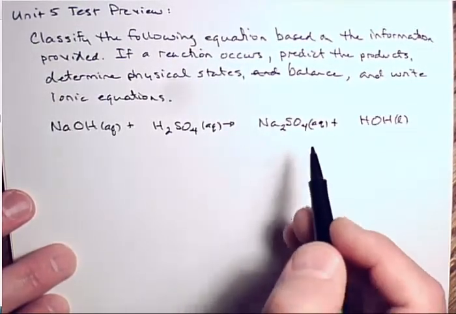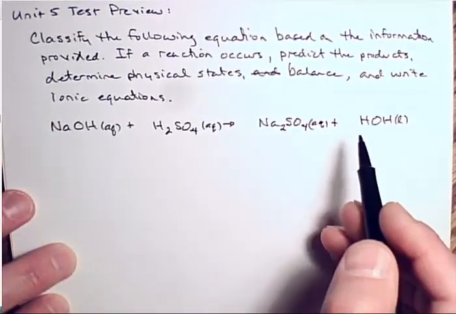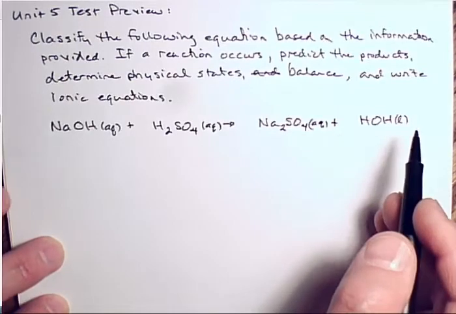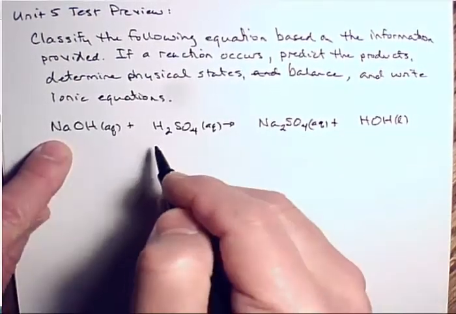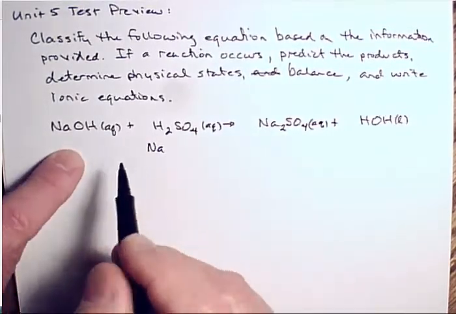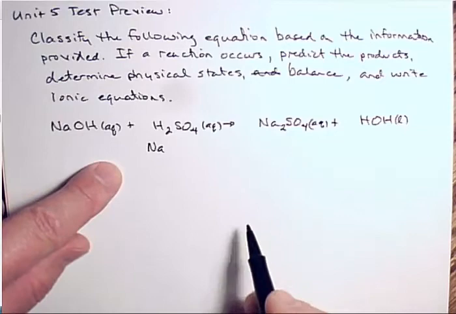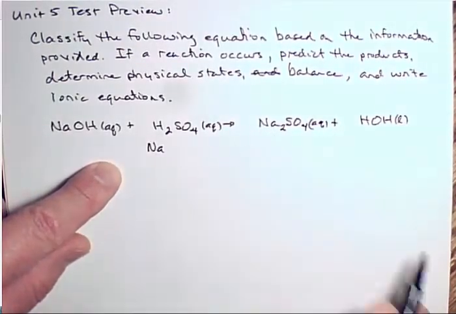To balance an equation, you don't touch those subscripts. Once the formulas are balanced, you leave them alone. And to balance an equation, you always write atom inventories. So we're going to write elements in a vertical fashion here. I left a little space over here because what I want to do is to keep track of what's on the right side and the left side. So I'm going to have a vertical column here